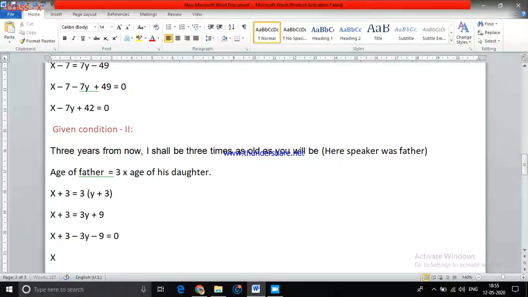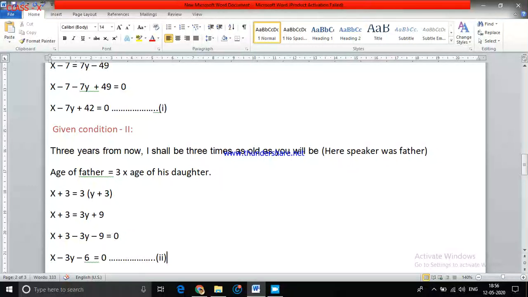If I write the final step, x minus 3y, here plus 3 minus 9. Plus 3 minus 9 is minus 6. That will be equal to 0. So let me give the equation numbers. This will be equation number 1. Okay. And this will be